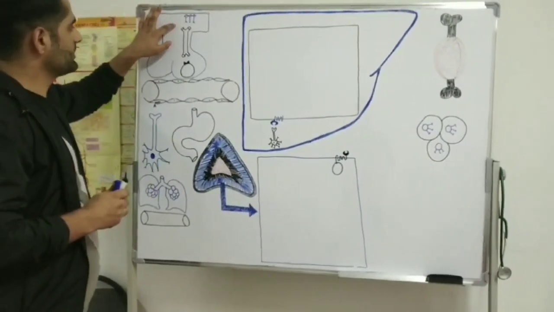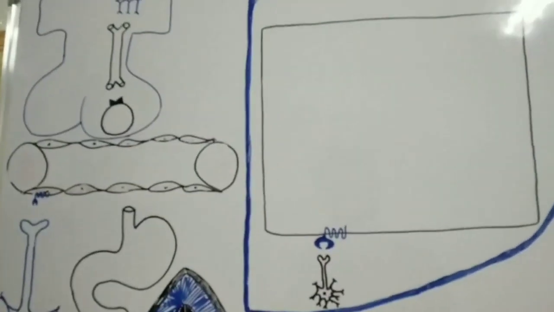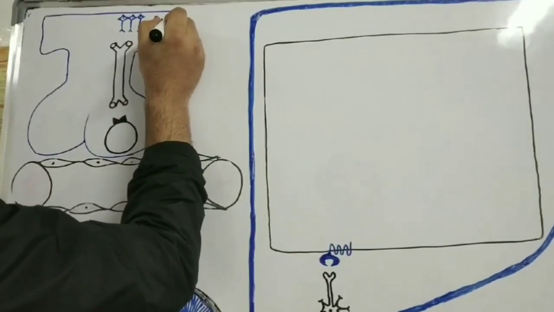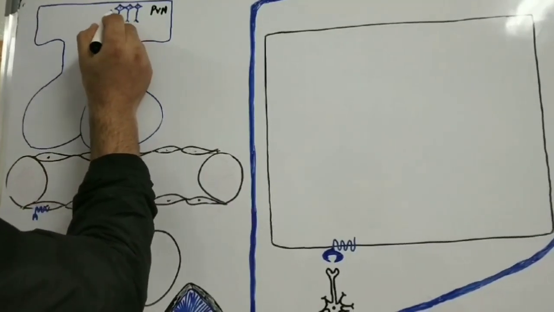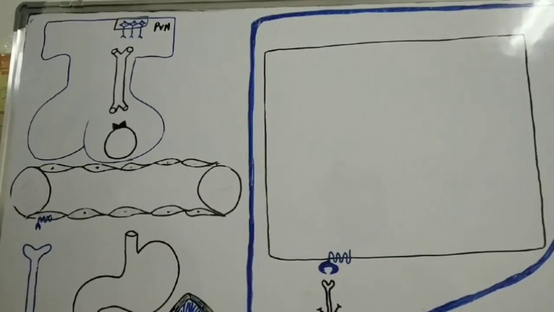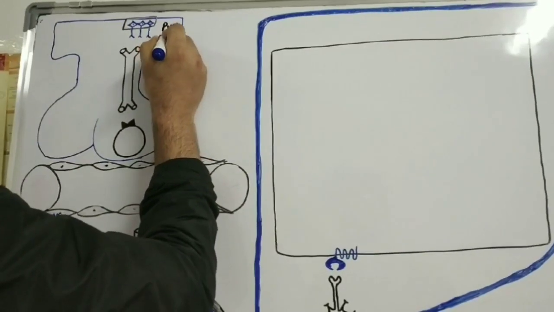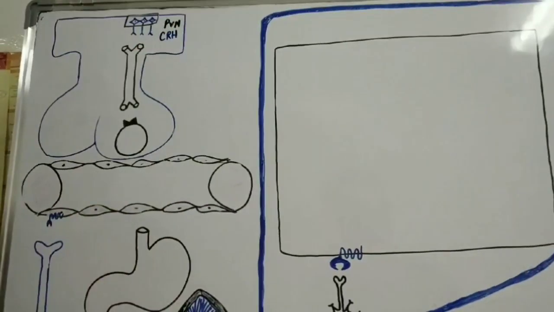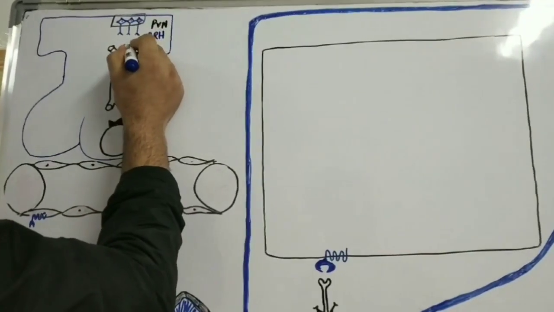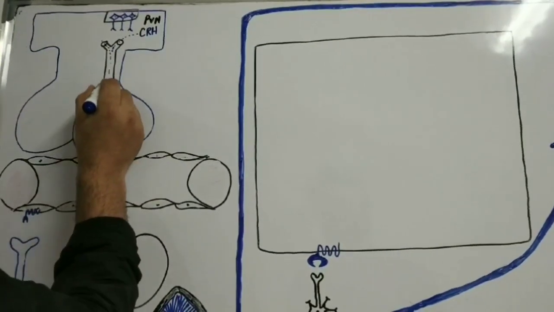Here is your hypothalamus and this is the pituitary gland. In the hypothalamus, there is a nucleus called the paraventricular nucleus, PVN. Here I have shown the paraventricular nucleus. It is a group of cell bodies. Now this paraventricular nucleus secretes a hormone called CRH, corticotropin releasing hormone. This corticotropin releasing hormone enters into the portal system, which is called the hypothalamo-hypophyseal portal system, and